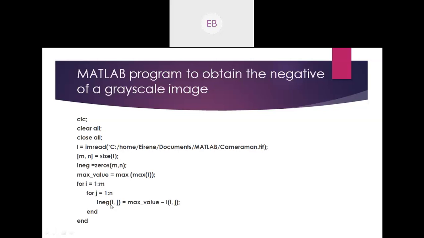Okay, then going on to the next statement, ineg(i, j). Since I want to represent the negative of an image, I take every pixel of ineg and change its value by typing max_value minus I(i, j). So this ineg is representing the negative image, and you keep changing the value of the pixels using this command. ineg(i, j) equals max value minus I, the original image.